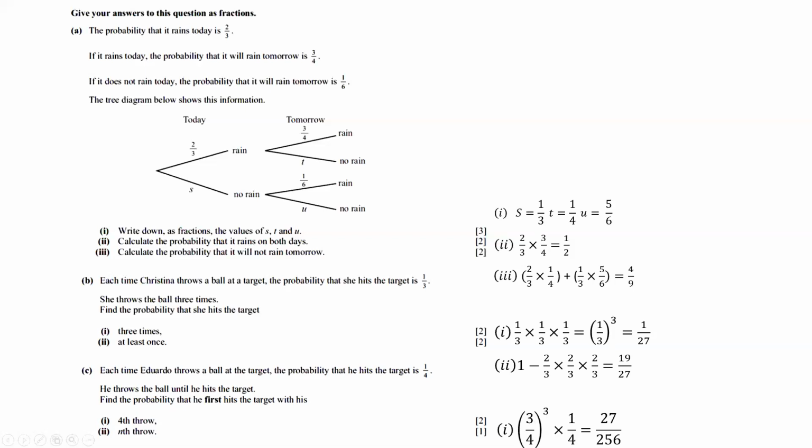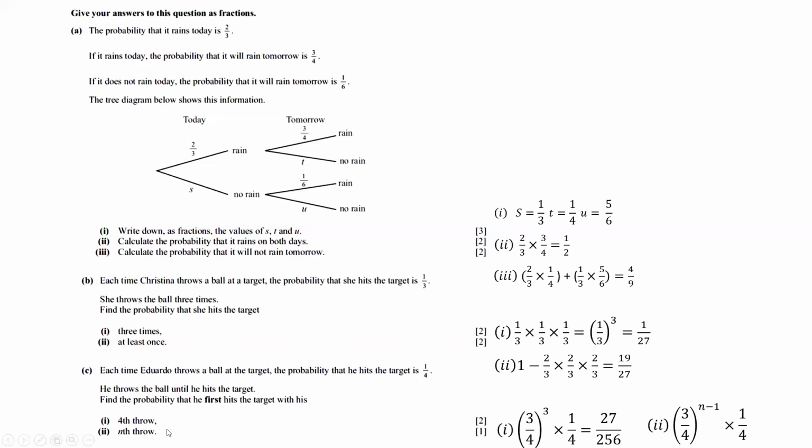Now if it is n throws, I want the answer in terms of n. So this one has to be n minus 1. You understand? Because you need four throws to win, to hit the target. This is the last throw, that means 3 times never hit, so that's 4 minus 1, which is why you get 3. So to answer this question for n throws, the answer will be 3 over 4 never hit, to the power of n minus 1, then you times 1 over 4, which is the time that you hit.